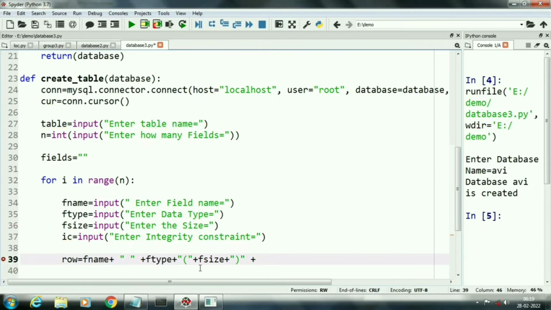Here we are using the plus operator for concatenation of strings.